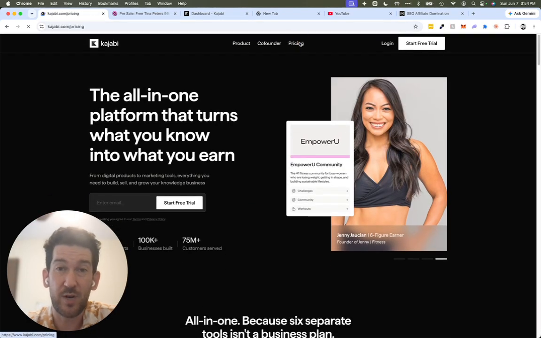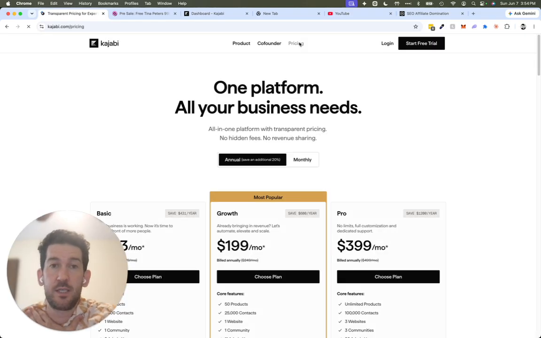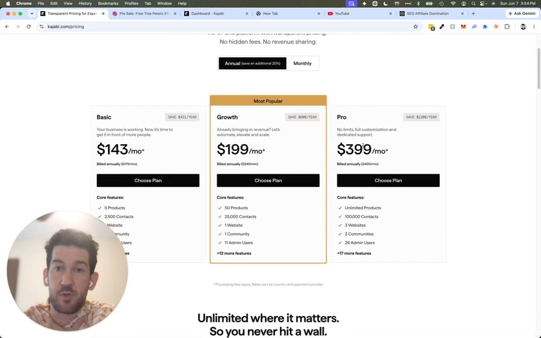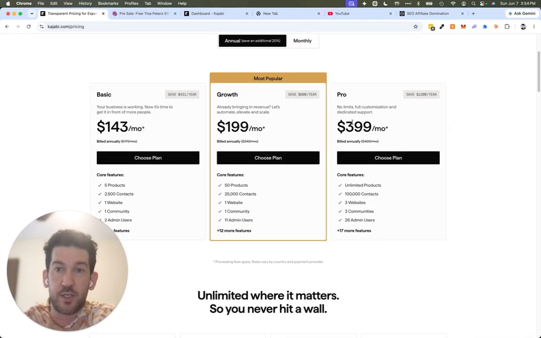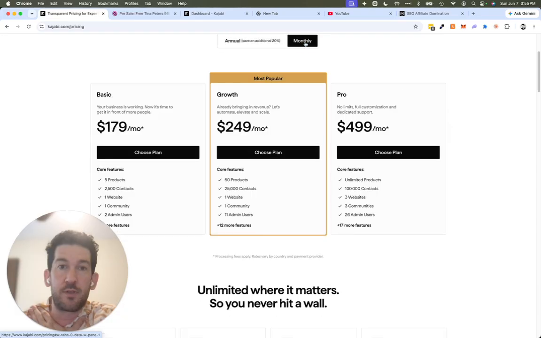And then as far as the pricing, personally, I'll just tell you what I'm on. I'm on the Pro plan. I got kind of grandfathered in a couple of years ago on an annual price, but I would start on a monthly plan. If I was starting today, I'd start on the monthly plan at the Growth plan,